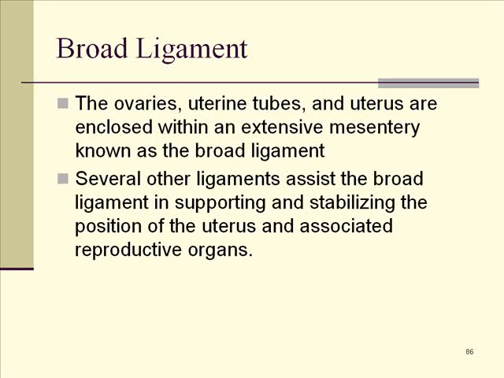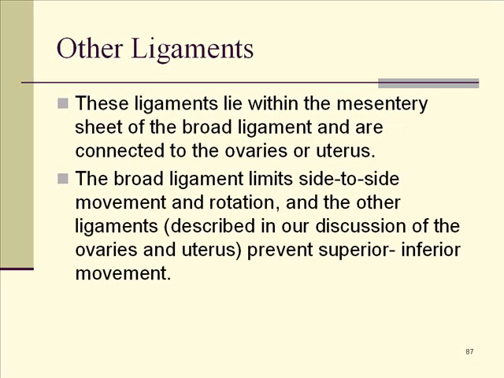Several other ligaments assist the broad ligament in supporting and stabilizing the position of the uterus associated with reproductive organs. Other ligaments lie within the mesenteric sheet of the broad ligament and are connected to the ovaries and the uterus. The broad ligament limits the side-to-side movement and rotation of the ligaments described in the discussion of the ovaries and the uterus, and we'll talk about that in just a little bit. It prevents superior and inferior movement of the ovaries to a degree. And I'll go through the process of pelvic examination, and you'll see how the ligaments do have a degree of flexibility and laxity,